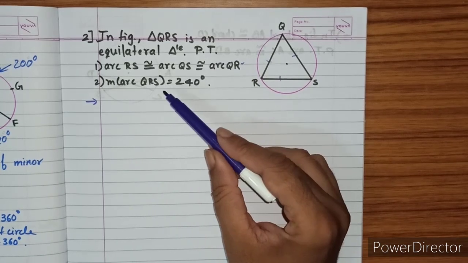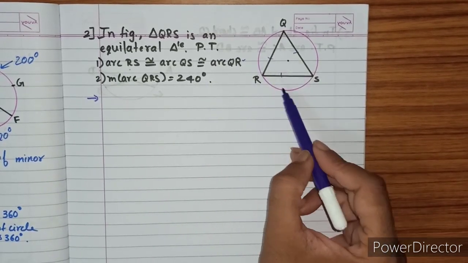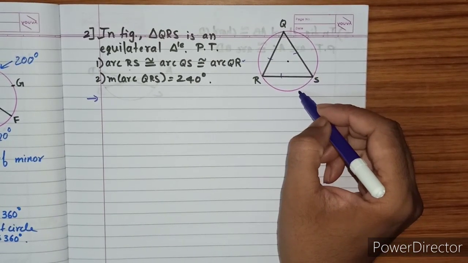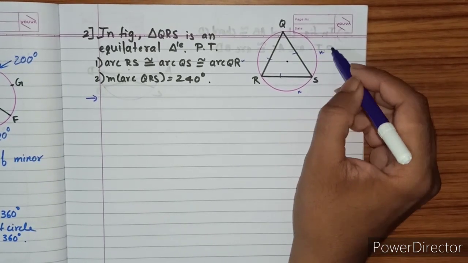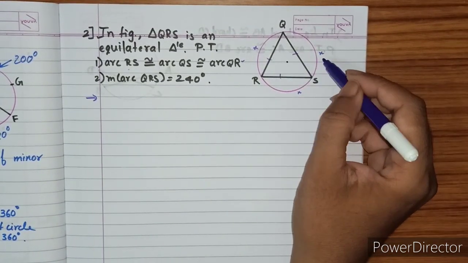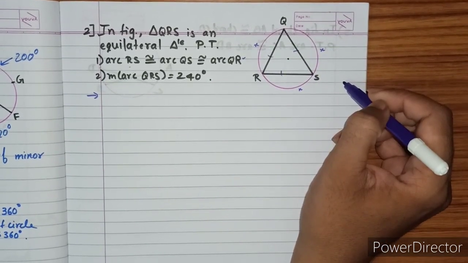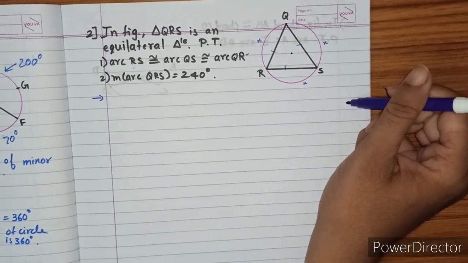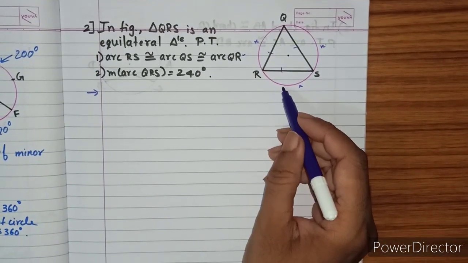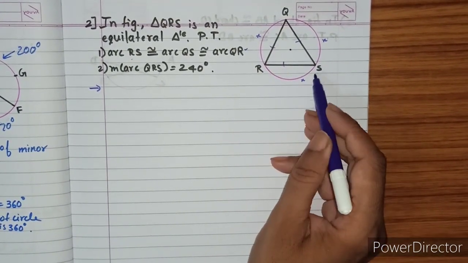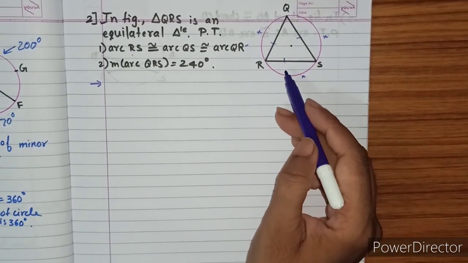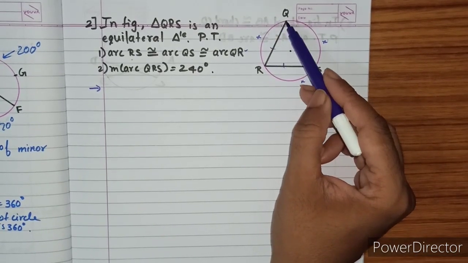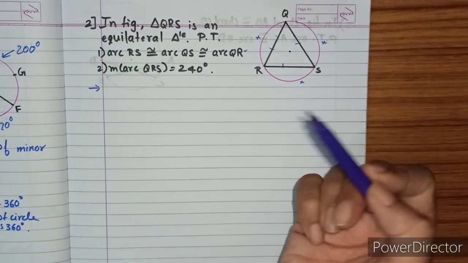Second one, now you need to find this measurement. Okay. Now, we don't have measurement of any of these arcs. Okay. So, suppose we consider that this is X. Now, all are equal. So, even this is X, this is X. Now, if we add these arcs, you need to get 360. Okay. So, this is X plus X plus X is equal to 360 degree. So, let us find out value of X. So, you get one arc's value as X. Let us find this and then we can add these 2 times X so that you get measure of this arc QRS as 240. Let us see if we can get it.